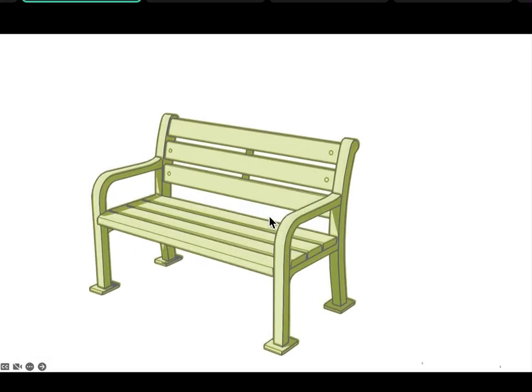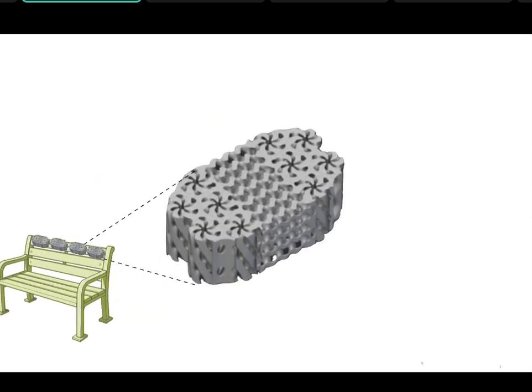So if you start from the macro scale model, that thing can look like a bench. So this is, for example, something you might want to build with this new 3D printing idea that is being developed by the partners of the project. And if you look at that bench, well, it looks like a bench, but it is comprised of a mesostructure. And that mesostructure is comprised itself